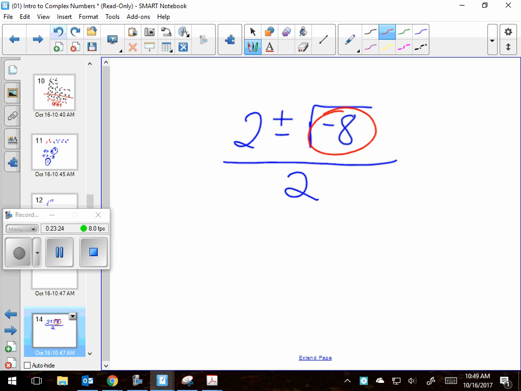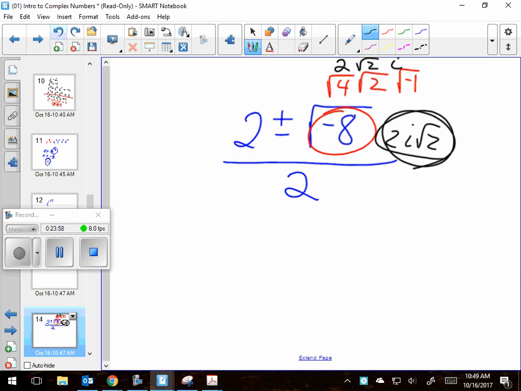Guess what makes it an imaginary number? I've got a negative underneath the square root. That's not normally possible. So I hope you knew I'm going to make this into root 4 and root 2, but then I wouldn't be dealing with the negative. So I've got to say root -1, and that makes it an i. This one's 2, this one's square root of 2, and this one's an i. And then I clean it up: 2i root 2. Raise your hand if you had 2i root 2 right there.